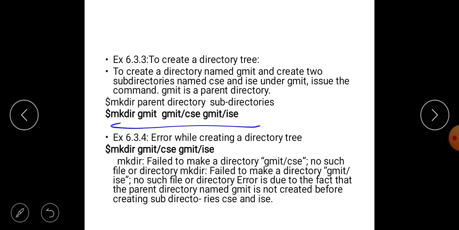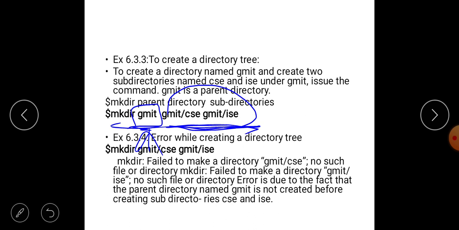Next, we are giving subdirectories like gmit/csc gmit/isc. Here, in removing the directories, it is ulta, the reverse. First, you have to give the subdirectory names. Next, we should give the parent directory gmit, because while removing our parent directory, we first have to empty the parent directory. So first we are removing the subdirectories. Next we are going to remove gmit.